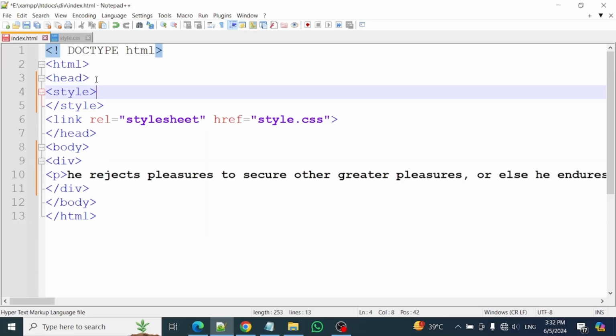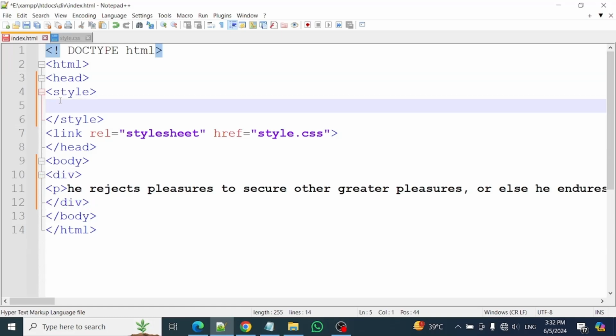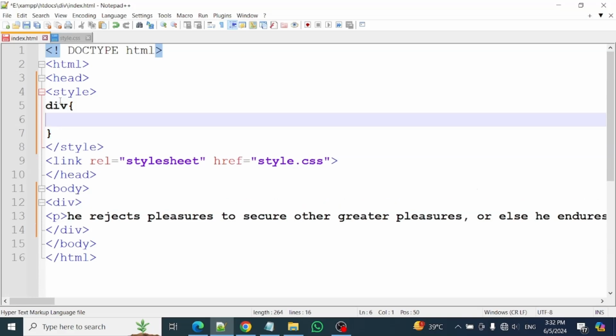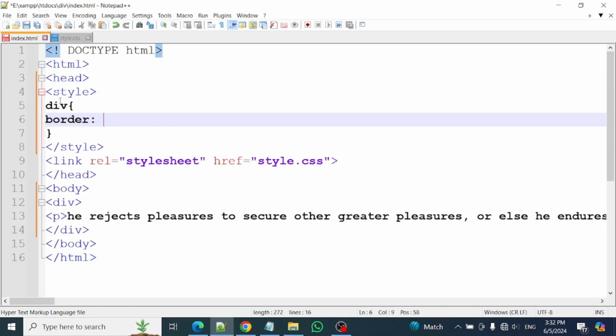In the style tag, we will write the CSS for the div. Open curly braces and close curly braces. In these curly braces, we will use CSS properties and property values. First of all, we use background color, border: 20px solid blue